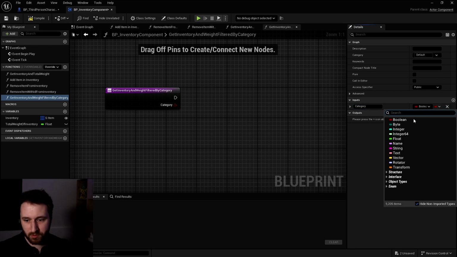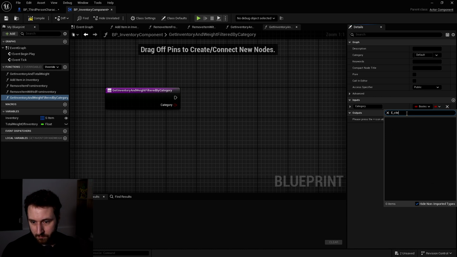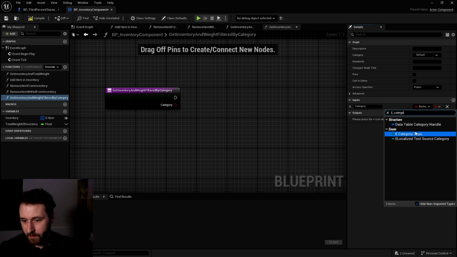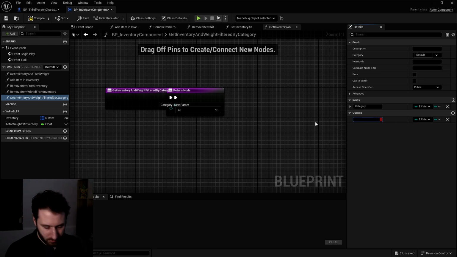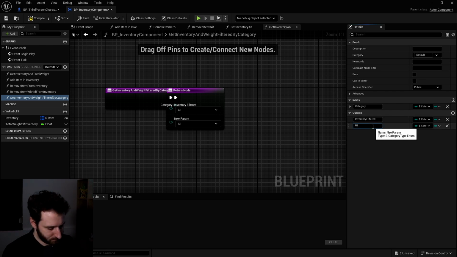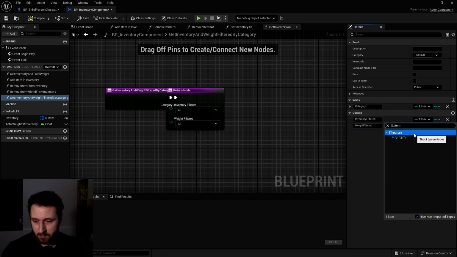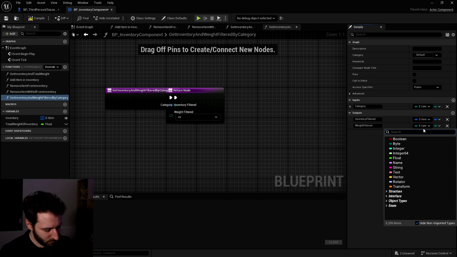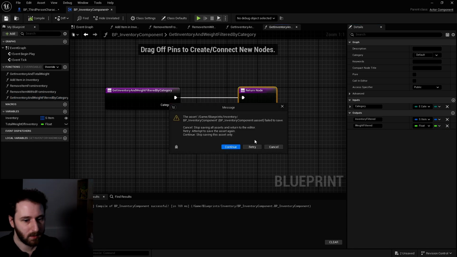It will be the exact same function as we have made in our interface. Category type. Output will be inventory filtered and weight filtered. We change the type. This is of type s_item, and this one will be the float. Perfect.